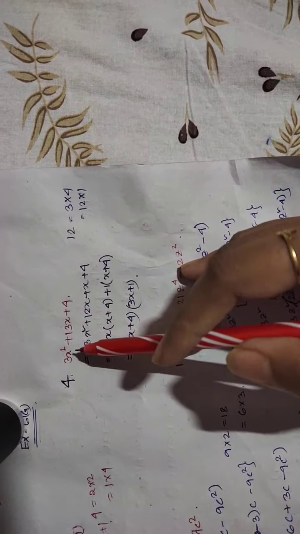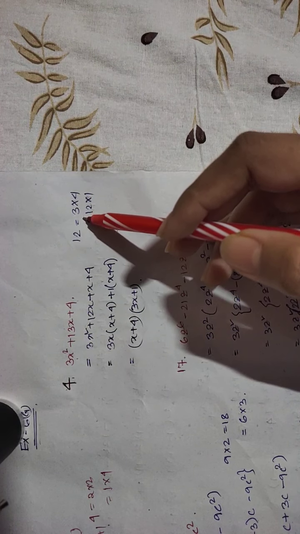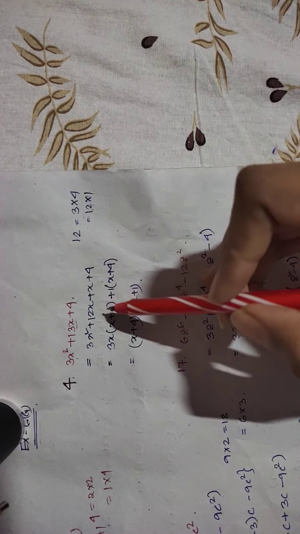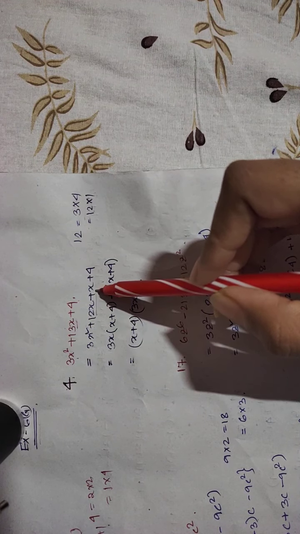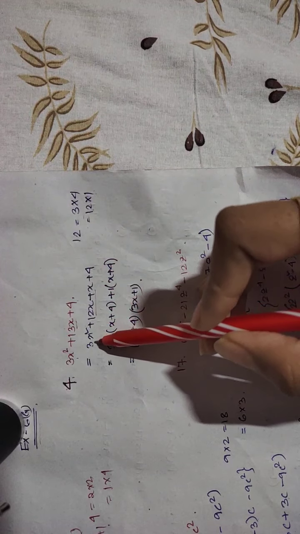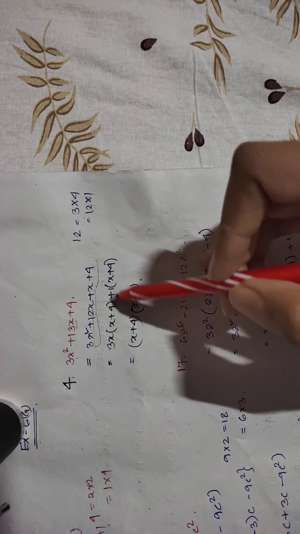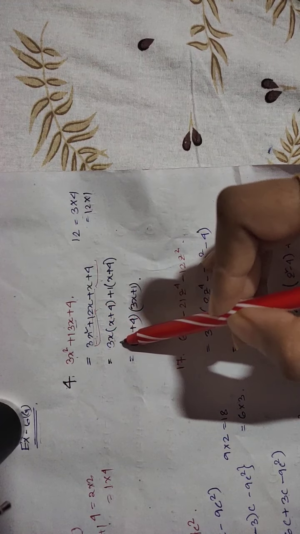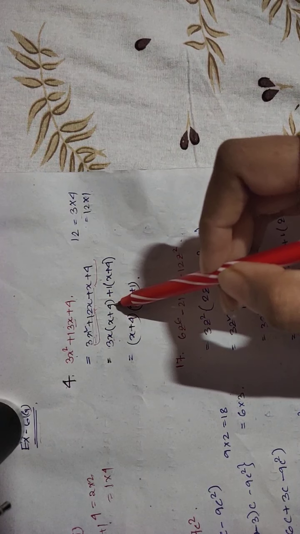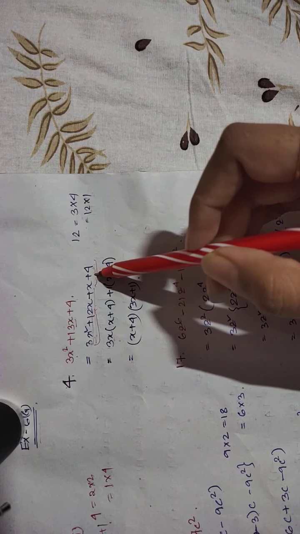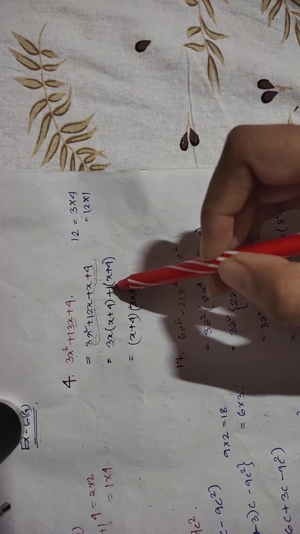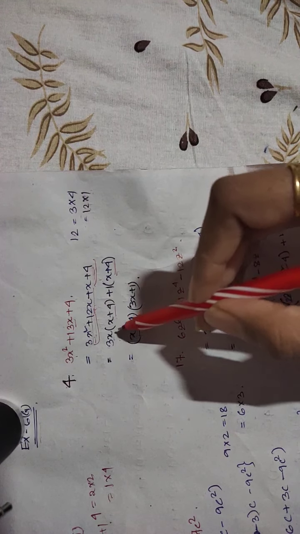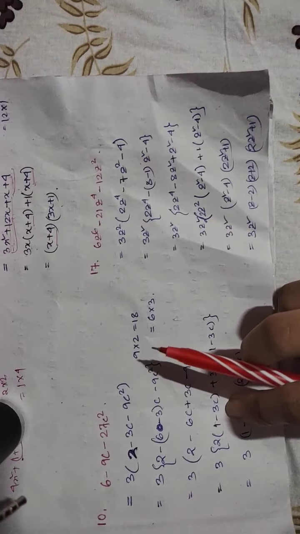Okay, in this 3 into 4 is 12, 12 means 3 into 4 and 12 into 1, plus is given, we need 13, 12 plus 1 is 13, so 12x plus x plus 4. If you take the common from these two and from these two, 3x square and 12x, we can take 3x common, so x and 4. Here we cannot take anything common, so 1 I have taken, then x plus 4, here also x plus 4. Taking x plus 4 common you will get 3x plus 1.